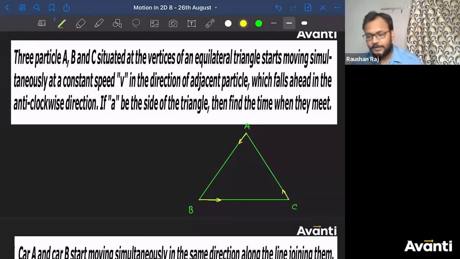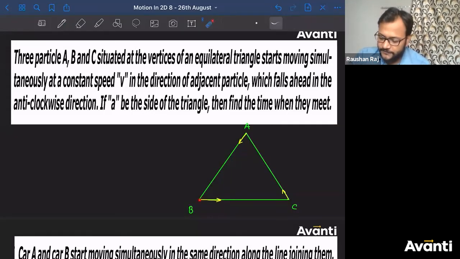All right, guys, how does the motion of the particles change? Now think about it. As time progresses, let us talk about B. B will be somewhere here. Just consider they have started moving, so B has moved to this part. Now, what will be the direction of velocity of A? A will not be in this direction, but A will be in this direction. So when B is somewhere here, A will come to this point.